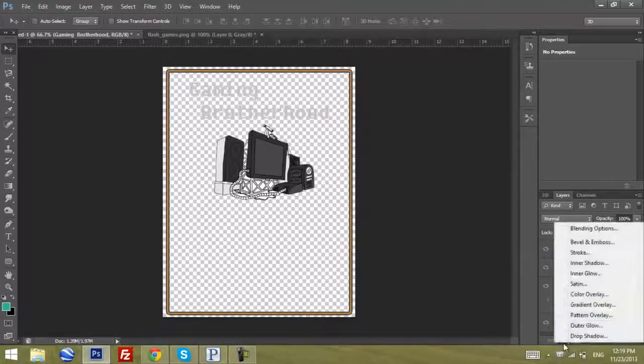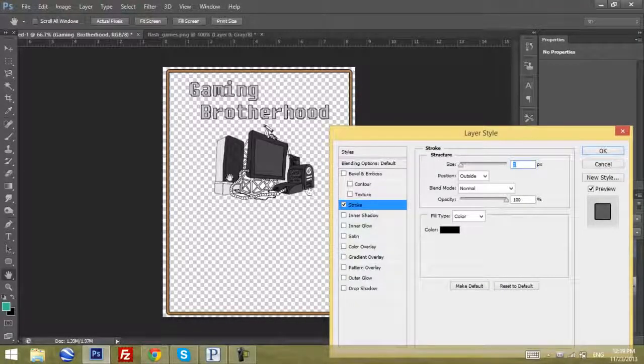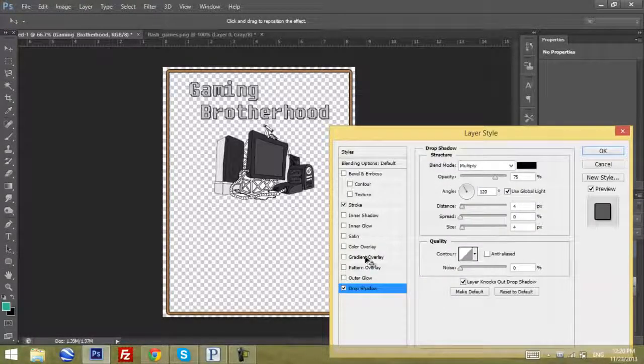So what we're gonna do is use blending options again and add some stroke. The stroke is a really good thing to use. And how can you see? It looks pretty decent, and 2 is enough already. And maybe you can add some drop shadow. I recommend using the bigger size because it just will give you this really good look, and